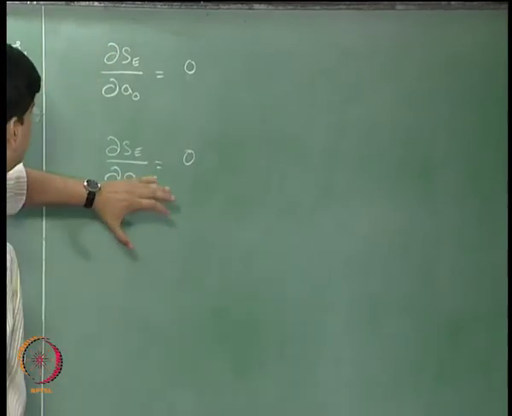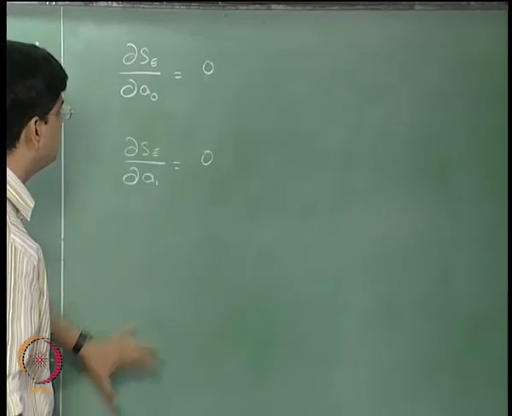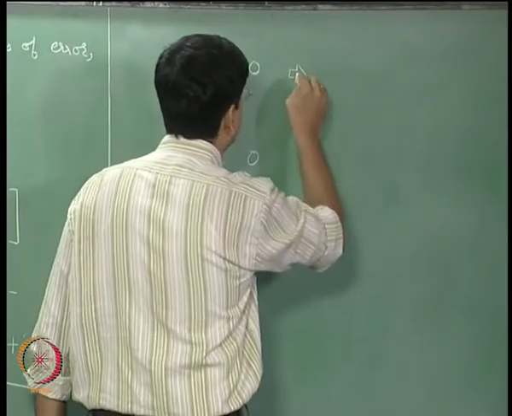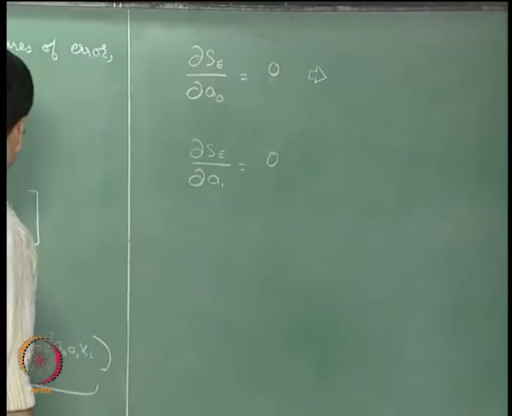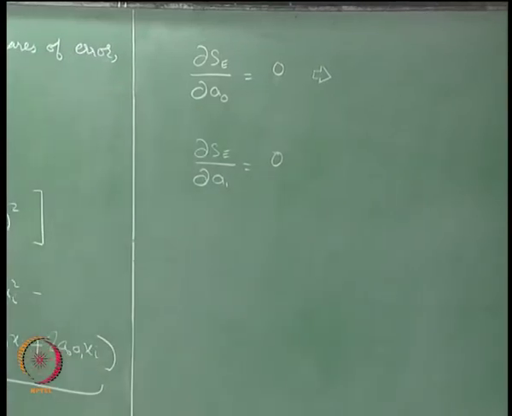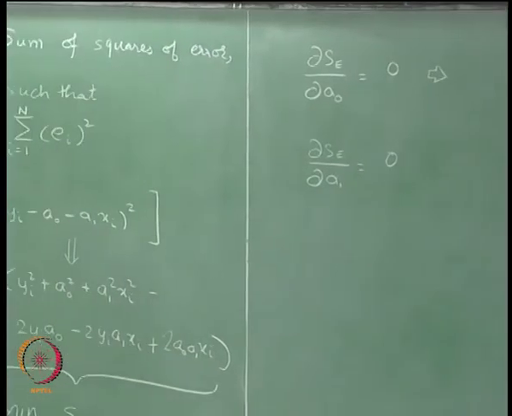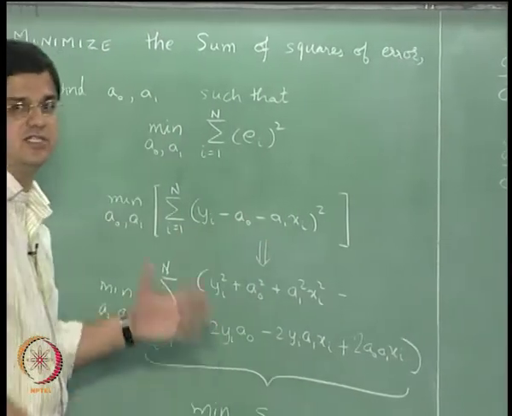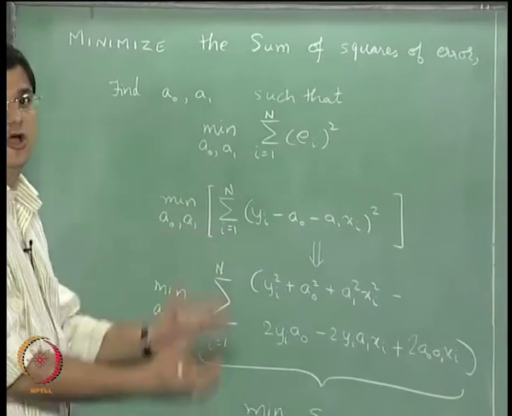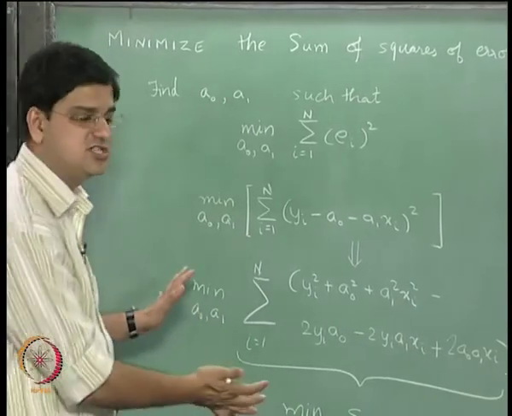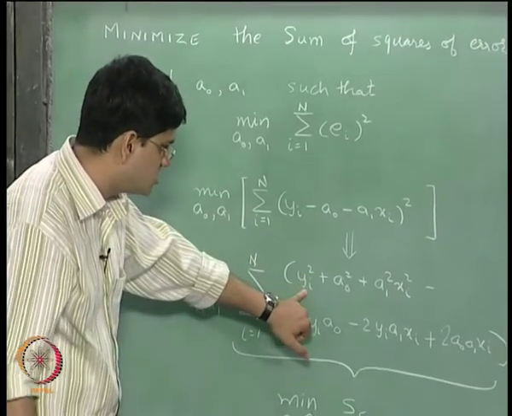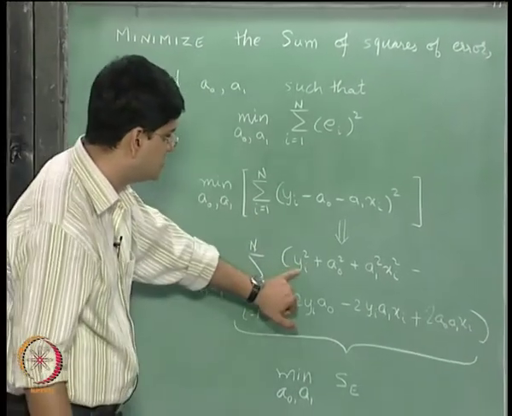In this case, we hold a0 constant and differentiate the overall equation. Keep in mind, in this particular problem, x1, y1, x2, y2 and so on up to xn, yn are data that have been given. Since it is data that have been given, for the purpose of differentiation those have to be treated as constants. So this is a constant term for the purpose of differentiation.